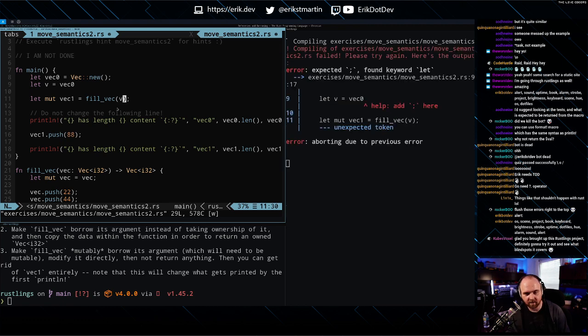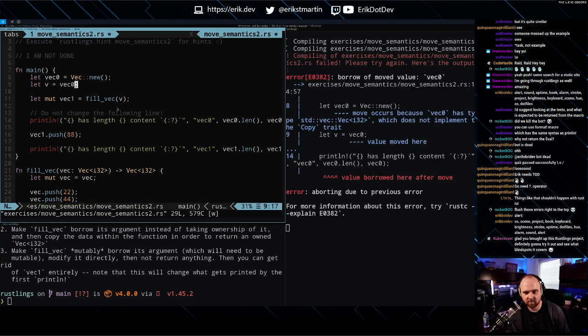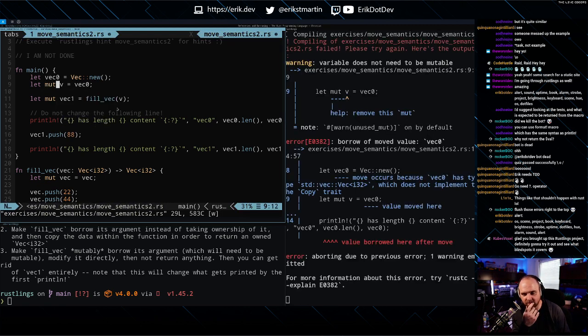And this would make it pass. Wait, no. So this is one way we can make it pass. No. What? Removed it. We can't. I'm confused here. So that did not solve it.